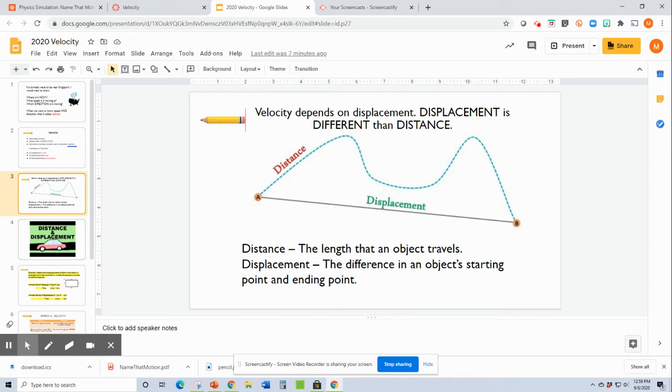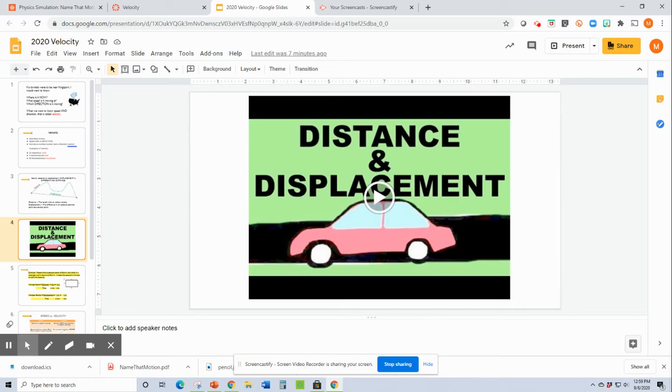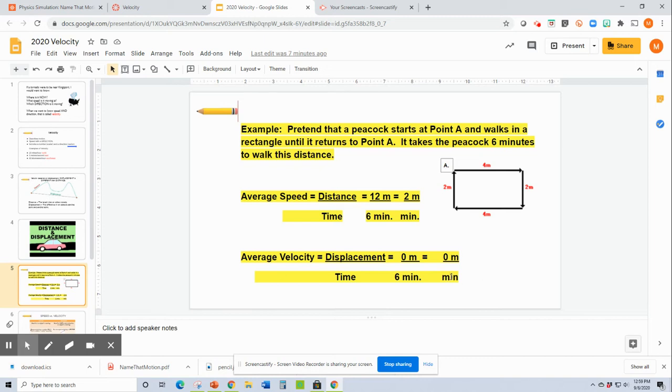We have a short video that you need to watch on the difference in distance and displacement, but here's a really good example to show you why it matters, okay? So let's pretend we've got a peacock. I have no clue why I made this up last year with a peacock, but we've got one. Our peacock is going to start right here at point A and walk in a